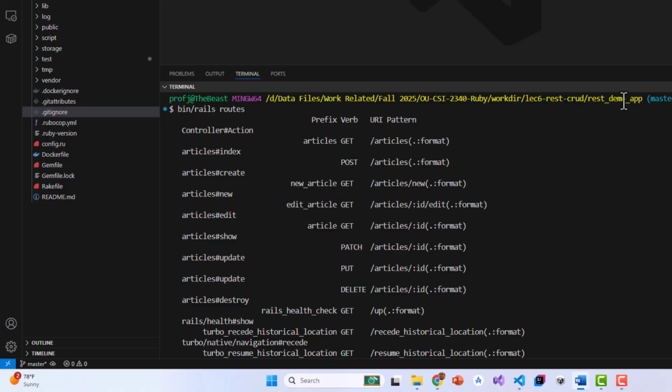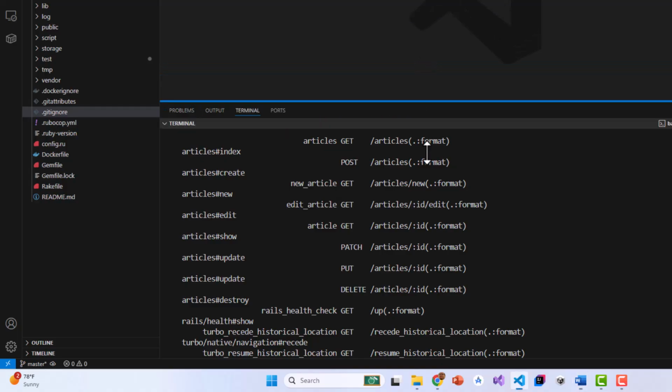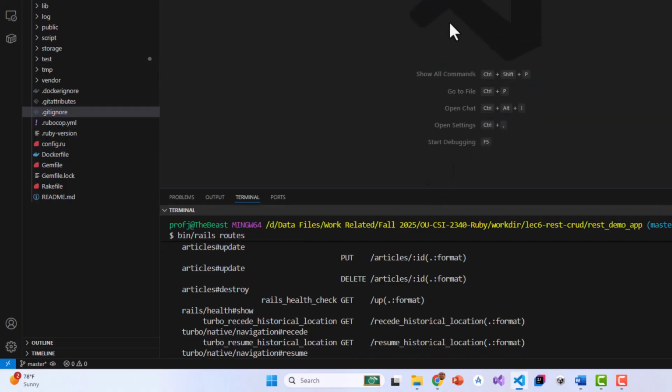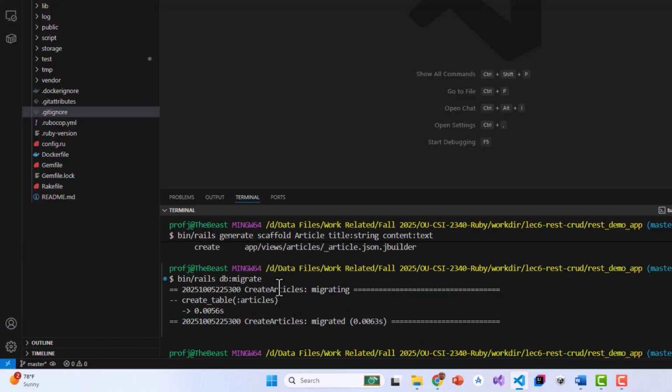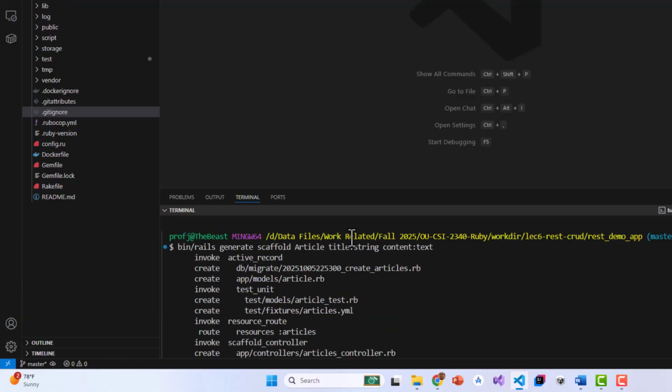All right, so now we're going to dive a little bit deeper into scaffolding, which we kind of just did, but we're going to dive deeper into the actual concept. So in Rails, scaffolding is the fastest way to generate a complete resource that follows the REST and CRUD conventions. So with a single command, when we told it what to do, up here, with a single generation of this scaffolding with some simple commands, with that single command, Rails will create a model